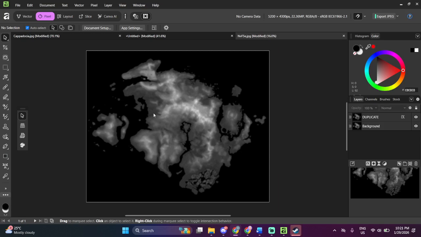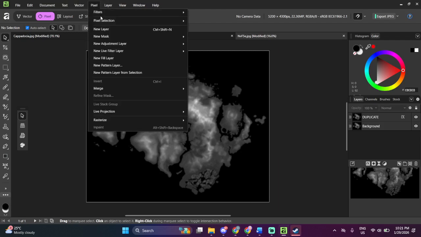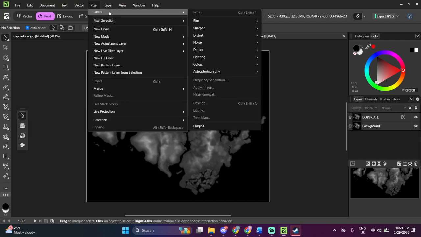Begin by opening your height or grayscale image in Affinity Photo. Once it's on screen, we'll head straight to the tool that does the heavy lifting. Go to the top menu, choose Filters, then 3D, and select Normal Map. This opens a preview window that lets you see changes in real time as you dial in the settings, which